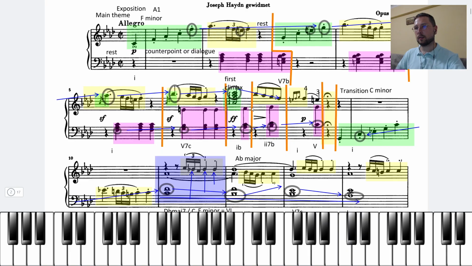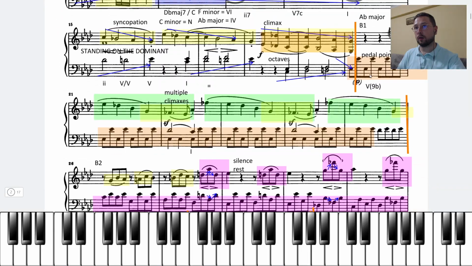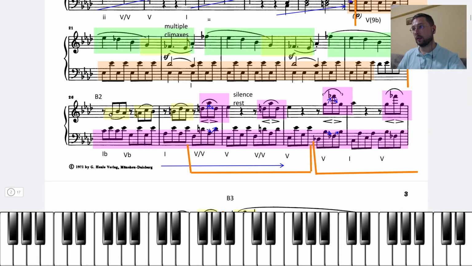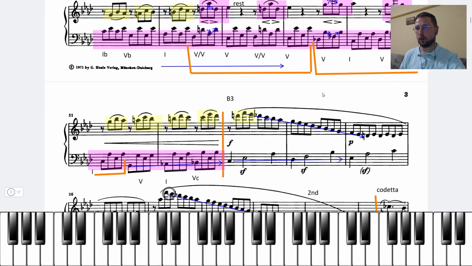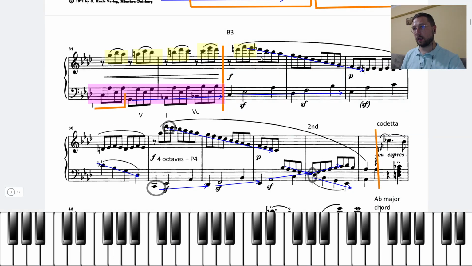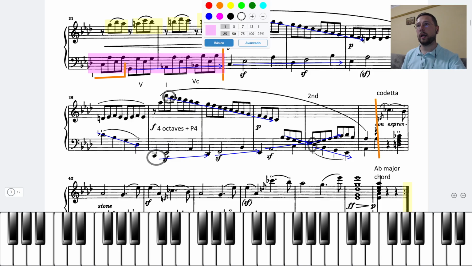We saw pauses to shorten and shrink the motive. We saw silences with this motivic function, like sighing, and then silences and rests to create this punctuation and enlargement of the melodic structure. So once we arrive at B3, B3 is very unique because it presents basically the arpeggio, which is